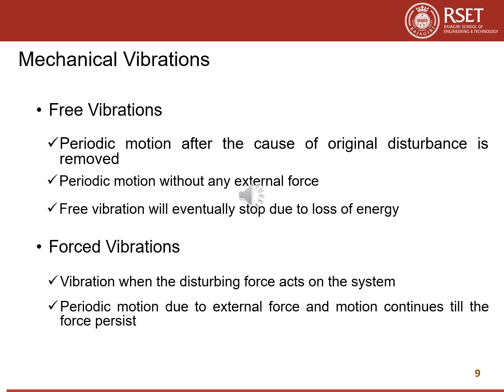Now, the free vibration of a mechanical system will eventually cease because of loss of energy from the system. In the case of a simple pendulum, there are many kinds of energy loss. Sometimes it may be due to the air surrounding it. There will be resistance from the air. Sometimes there will be resistance in the system itself, at its points of connection. There will be some kind of friction. Because of that, there will be some loss of energy. Due to this loss of energy, after a particular time, the oscillation will stop. And we can say that periodic motion takes place without any external force.